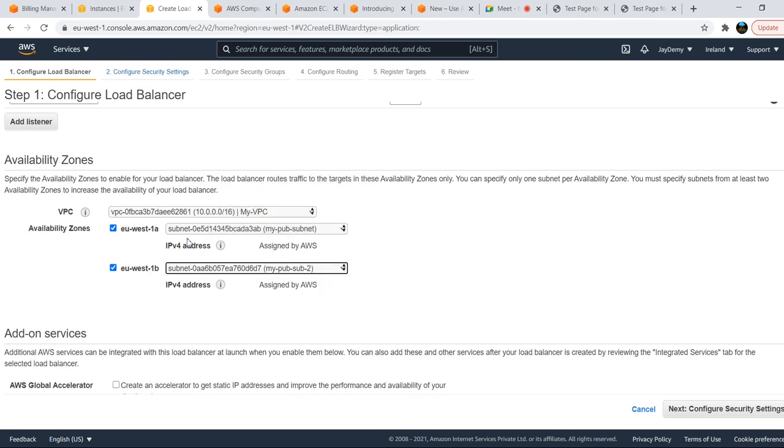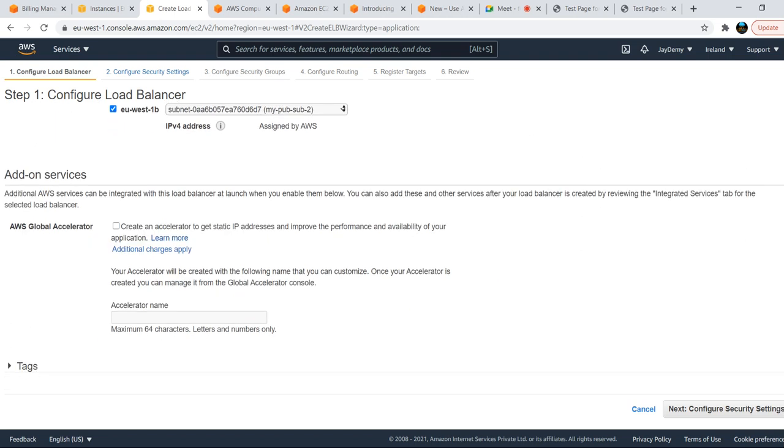So this is very important. Please remember, whenever you are creating your load balancer, you need to choose the subnets that it will reside in, that is public subnets, not private subnets. Public subnets and private subnets we have already discussed. So choose the public subnet only. If you choose a private subnet, your load balancer won't work. Please keep that in mind.